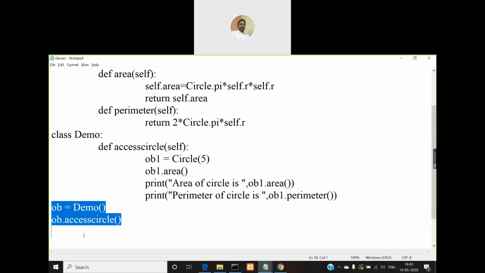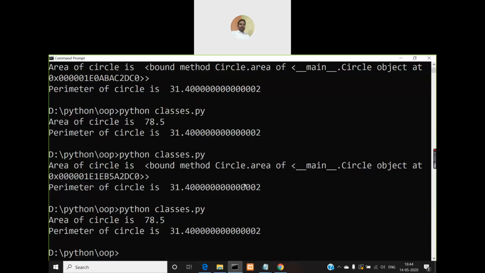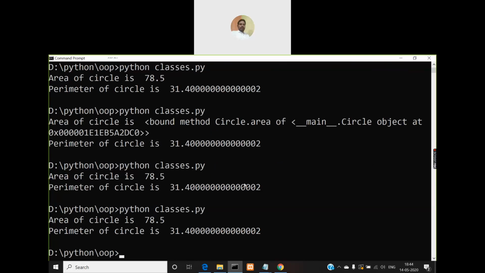Otherwise your program will not run properly. And this peculiar behavior that we have observed here, I didn't use the self keyword here, but still my program is working fine.